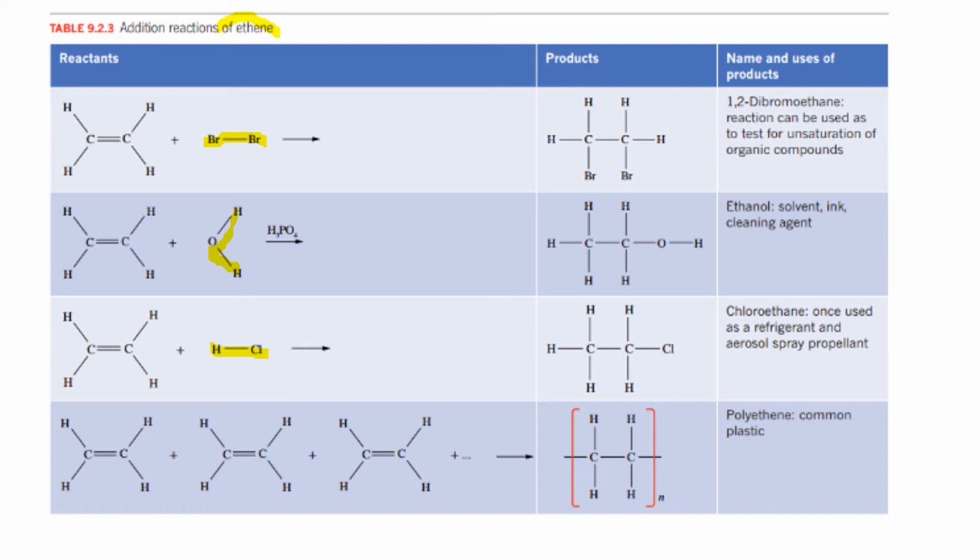So what this is trying to say is that if ethene reacts with bromine gas, eventually the bromine gas will become colorless, because bromine gas will no longer exist because it will be part of that particular compound. So the point here is that bromine gas can be used to test for unsaturation of organic compounds. If that particular organic compound is unsaturated, the color of bromine gas will change from orange to colorless, and we